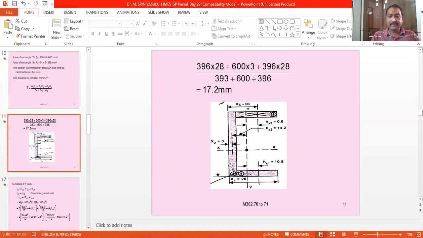Because this web height is equal to 100 millimeters, the centroid is at a distance of 50 millimeters from the bottom. So the coordinates are 50 millimeters and 17.2 millimeters for the centroid. Now coming to the